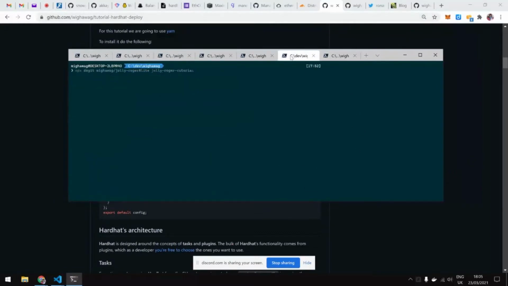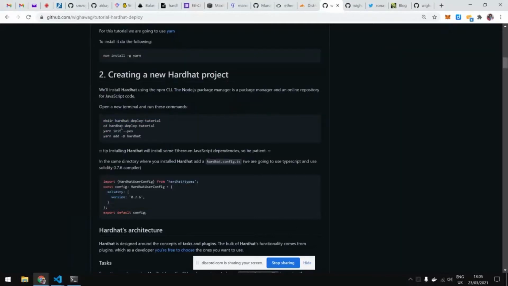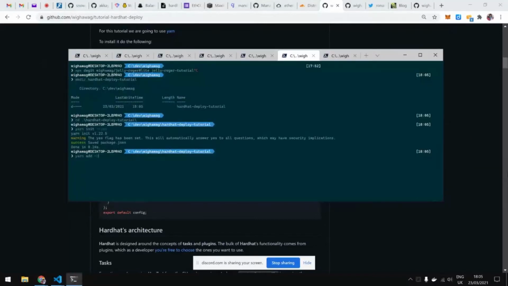I created a few tabs here because I want to showcase different stages without having to build them from scratch right now. But the tutorial might help. I don't know the audience, but maybe it could also be helpful to start from scratch to see where Hardhat Deploy gets added and what it brings. So I basically do this basic stuff. I just wrote it today, so hopefully everything will go smoothly.